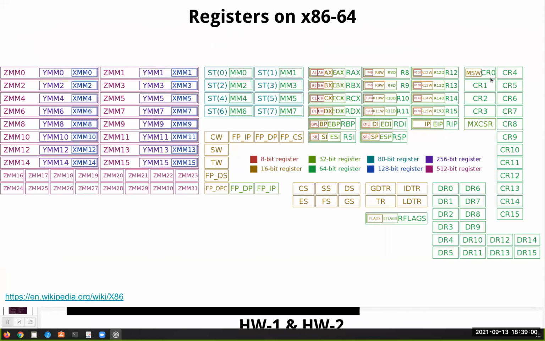Okay, just to remind you, in the 64-bit version, we have many more registers, from R8 to R15, 8 more general